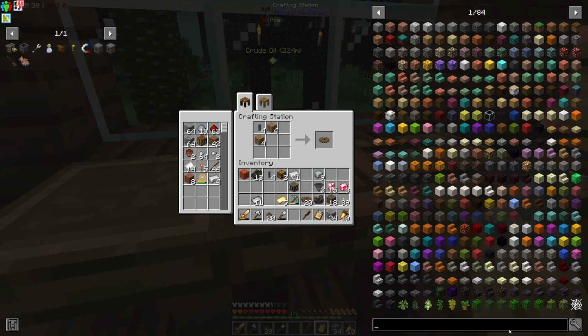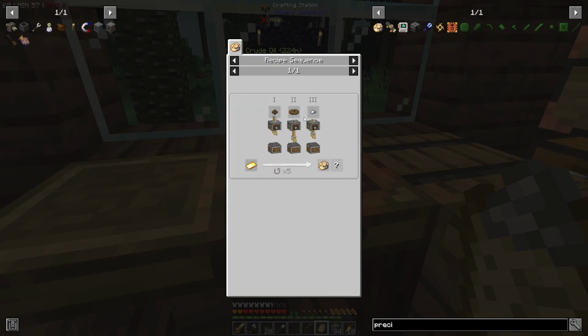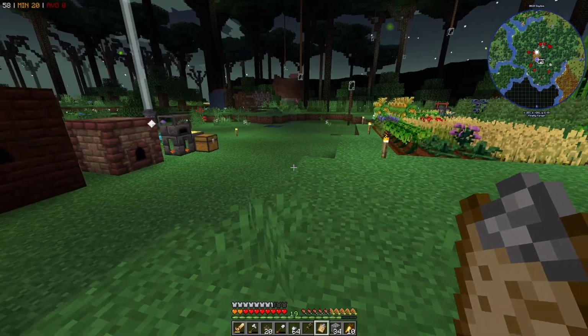So now we just need, what is it, precision? I think it's just iron nuggets. Yep, iron nuggets in the last one. So let's grab out some of those. Let's get our shafts back with us just in case we need them. Okay. So now,